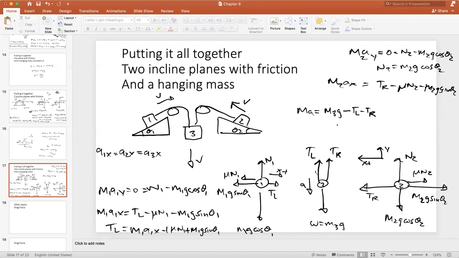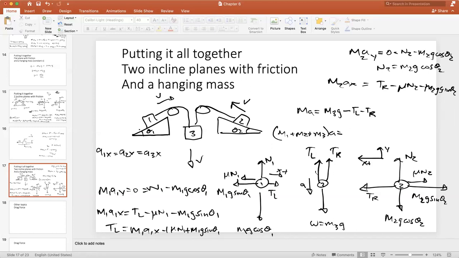And it's not actually all that hard, but it's easy to make a mistake. The important thing is knowing things like the direction of the forces, making sure your friction is in the right direction. I check for sign errors. What this should end up being is M1 plus M2 plus M3 times A,